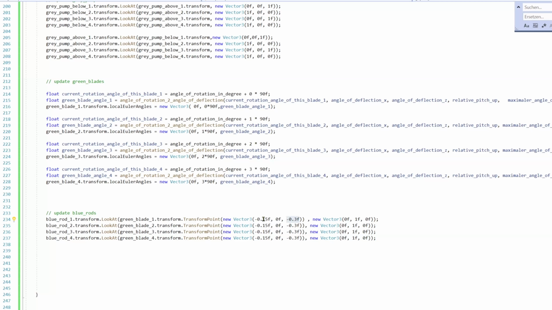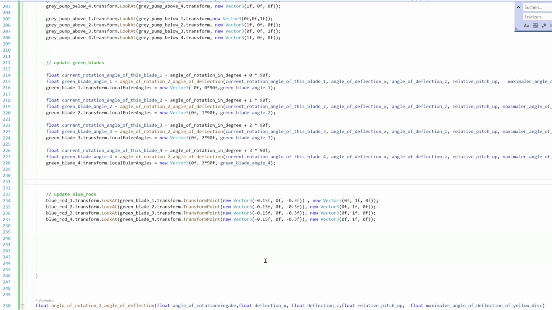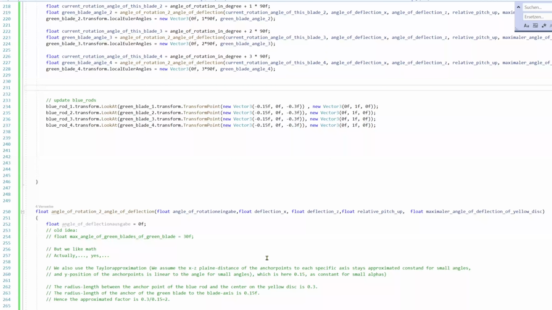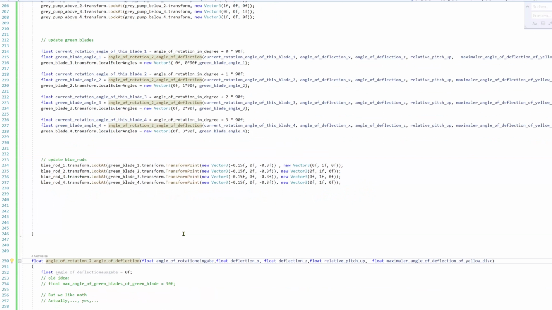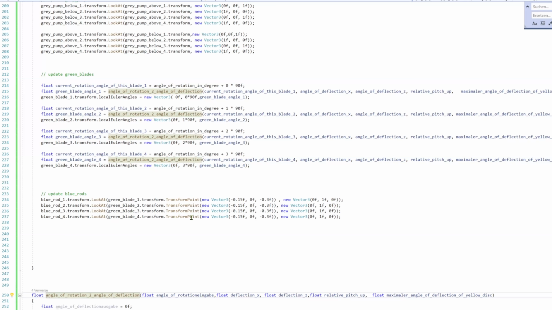A very important function is the angle of rotation to angle of deflection function. This function is called at many positions within the script. It gives out the rotation angle of the green blade towards the air molecules, and this angle depends on the rotation angle of the main axis.